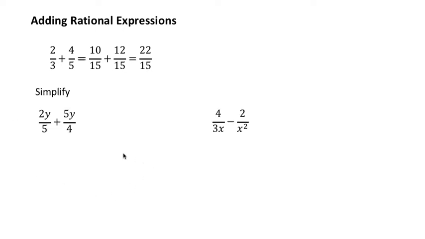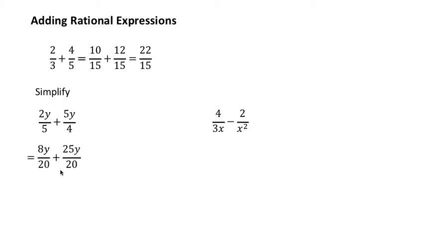these guys. Okay, so let's start with these two fairly simple ones, and then we'll move on to two a little bit harder ones in this video. Okay, first thing here, what do we need to do? Same thing we did up here. Find a common denominator. The lowest common multiple between 5 and 4 is 20, so we make